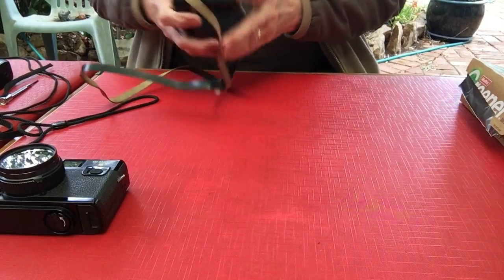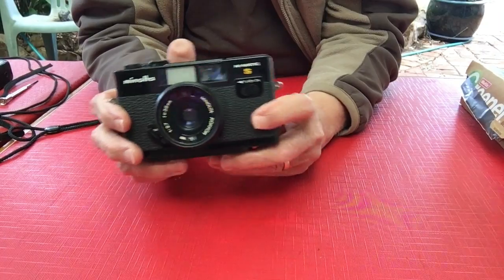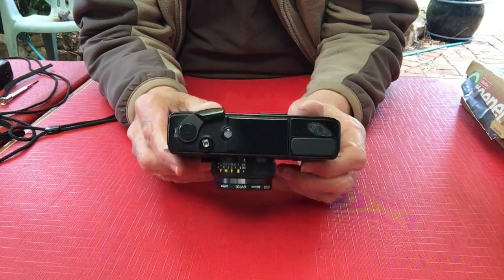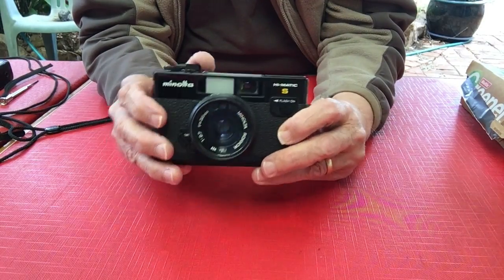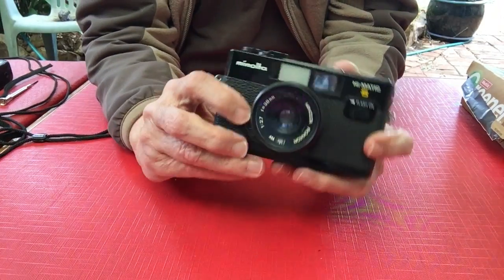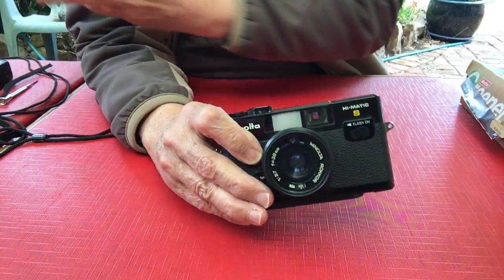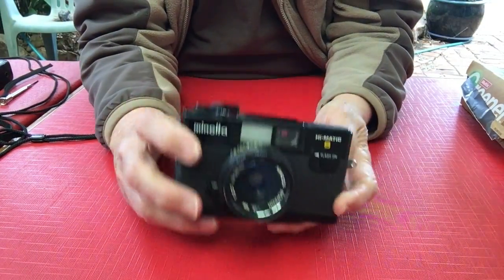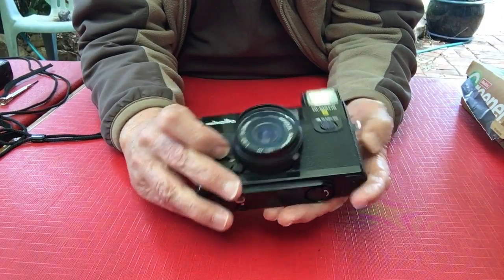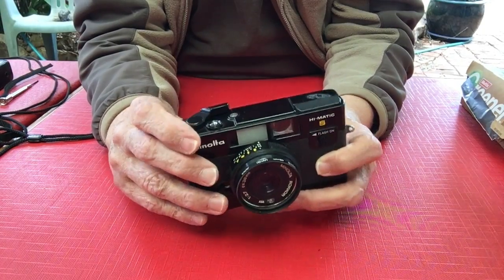And then the last but not least in this group is the Minolta Highmatic S. A friend of mine gave it to me years ago because he thought it wasn't working anymore. All it needed was some new batteries. Now the batteries are fine, but the trouble is when you wind this on, you can't fire the shutter, and I've also got the self-timer stuck in that position too. So this one is a giveaway. This is a free one, although it takes a really nice photo, and there are very good reviews about this camera. It's got a little pop-up flash, but the problem is that little shutter button seems to be broken,